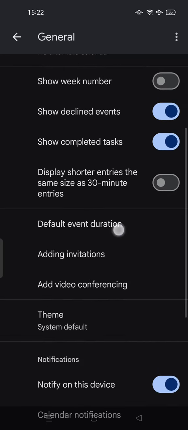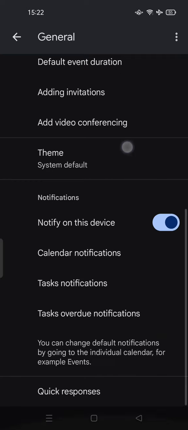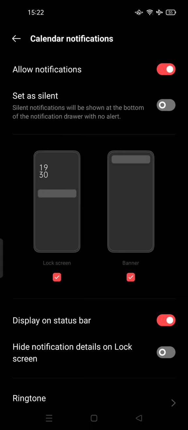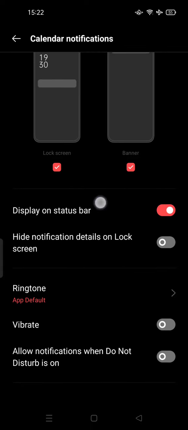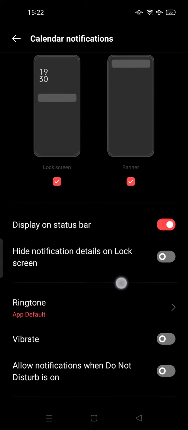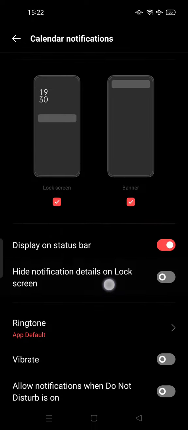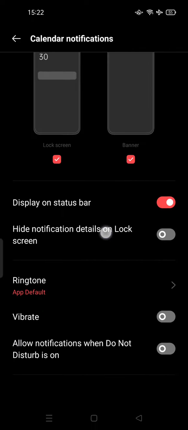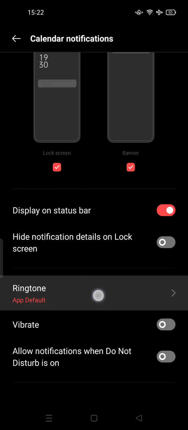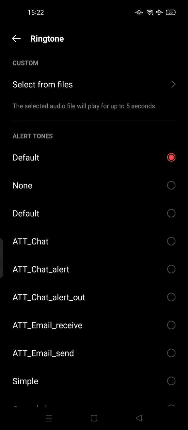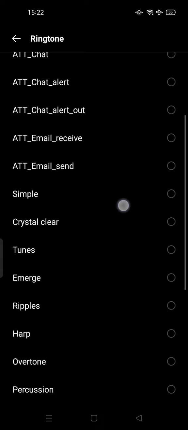So tap on General, scroll down, and this one, Calendar notifications, you can tap it. So it directly jumps into the settings on your phone. This is the calendar notification settings. This one, ringtone, you can tap it. This is the app default, you can change it